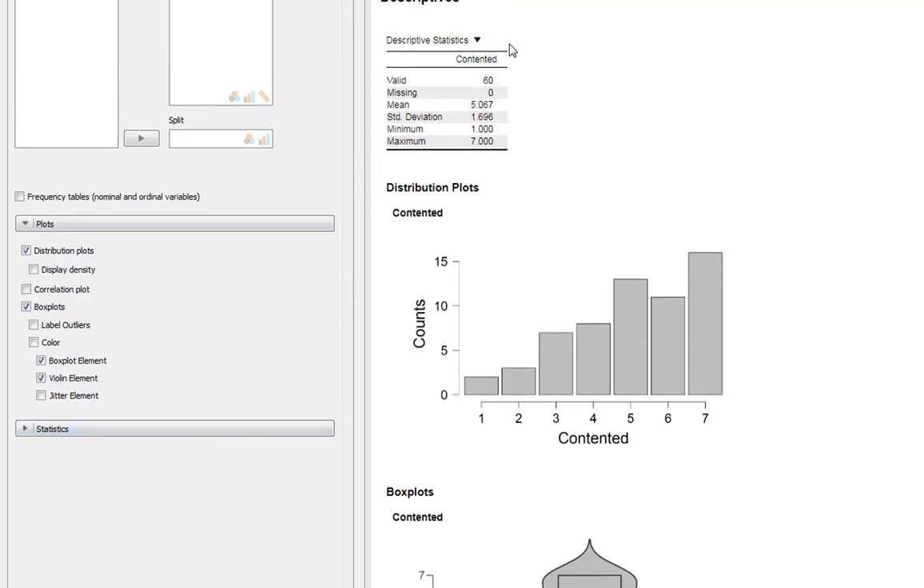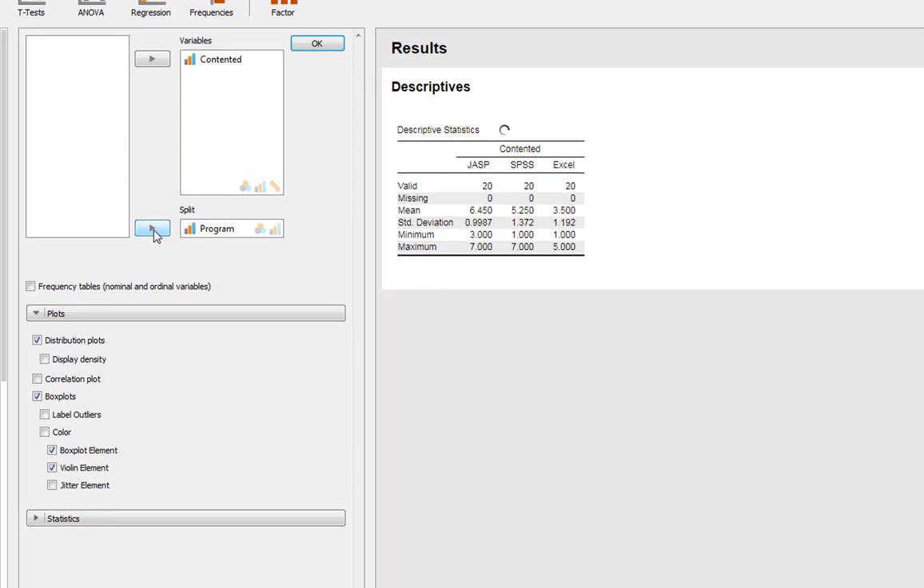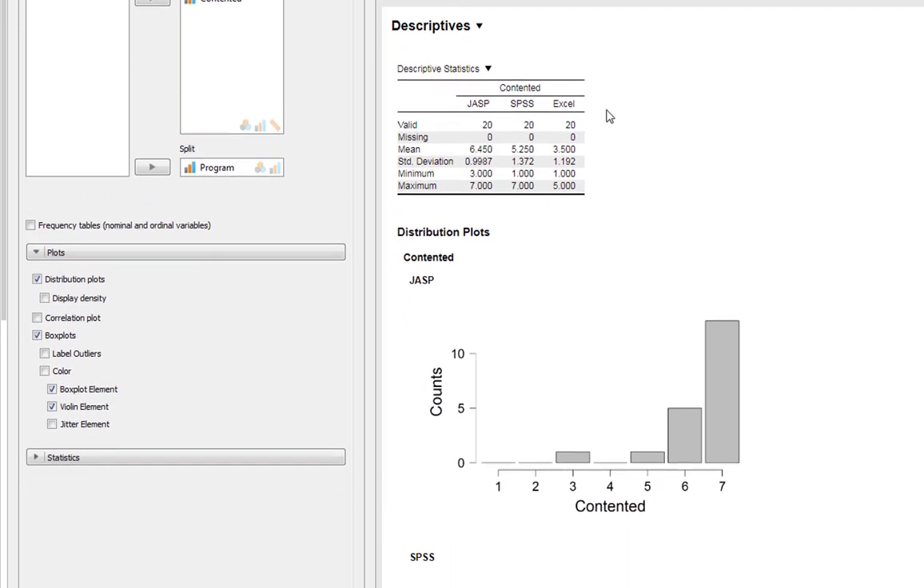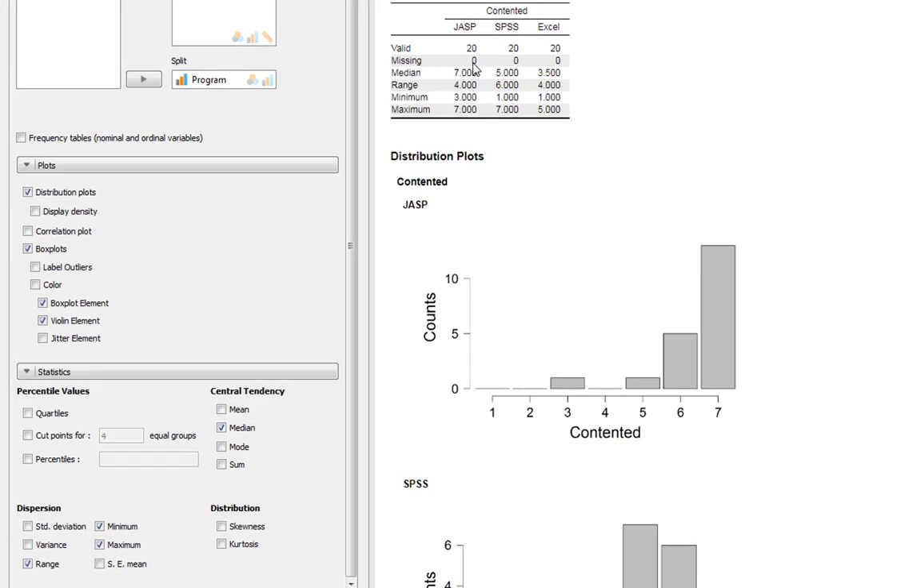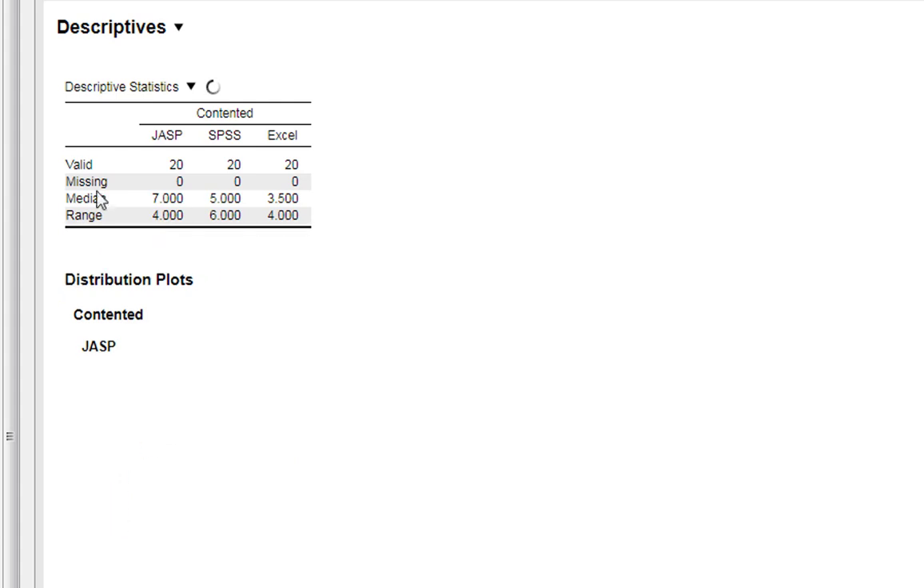So that being said, we may want to report some different descriptive statistics than the ones we get here. For example, when we split it by program, we can see we've got a mean, standard deviation, minimum, maximum for our three different statistical programs. If you go to statistics, you may wish to ask for some different measures. For example, you may want to have a range instead of a standard deviation. Instead of a mean, you may want to give the median response. And as you can see now, we've got our median scores and the range for the scores, and of course